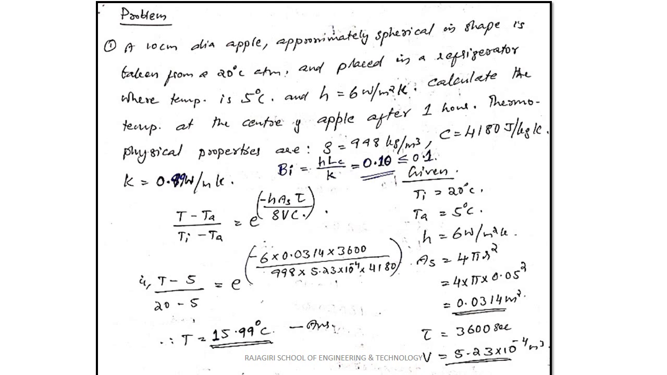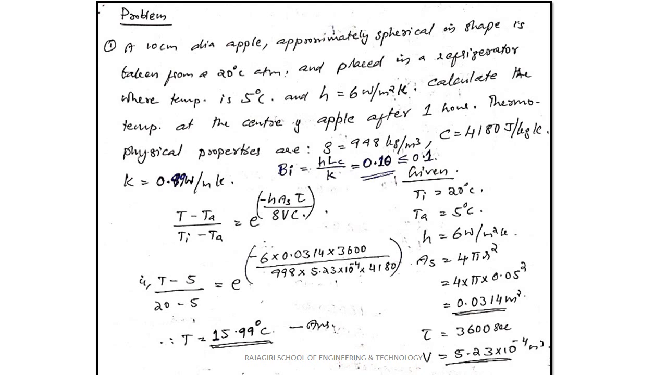So to find the Biot number, you have the equation h Lc by k, where Lc is V by As. For a spherical body, the surface area equation is 4 pi r square. So you'll get the surface area as